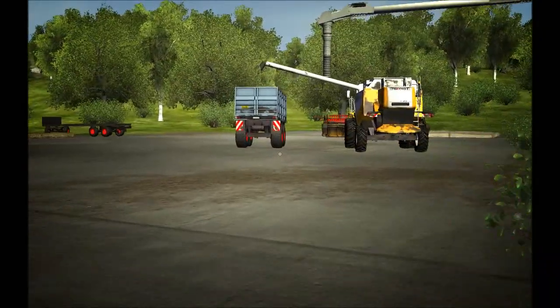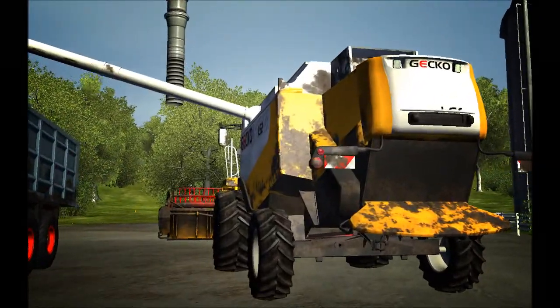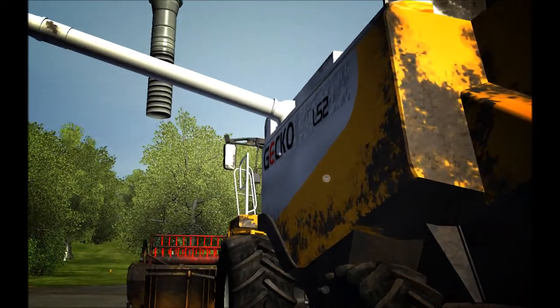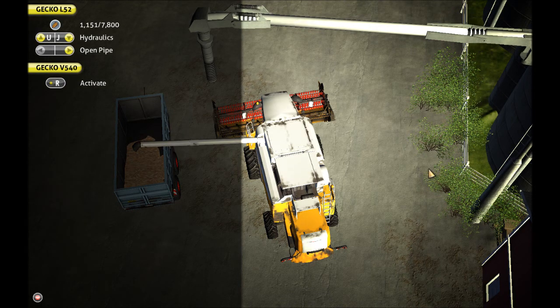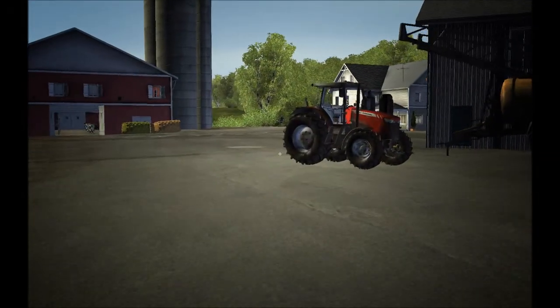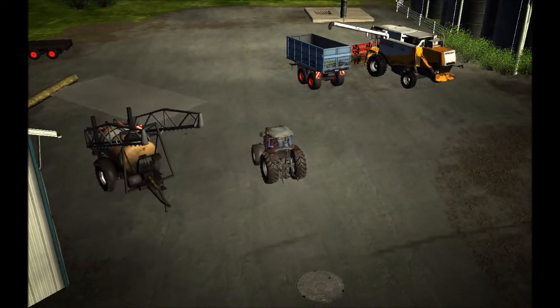sell, or never mind. So after those 2 fields, I got close to 7,000 units of wheat, and it's still emptying. It's a very slow process, or close to 6,000 actually. So what we're gonna do is hook this trailer up to my tractor and drive to the agro market and sell it and see what we get for